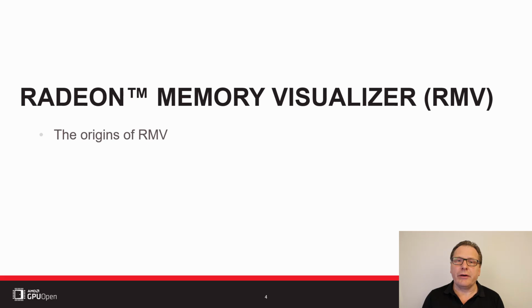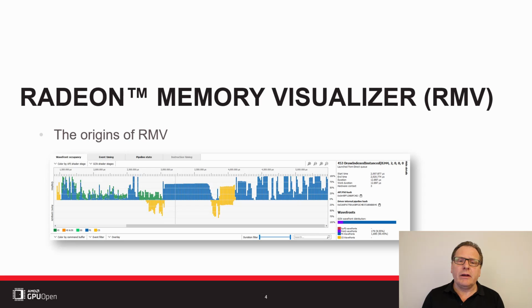With the introduction of DirectX 12 and Vulkan, it has become necessary for developers to understand how their usage of the explicit APIs translates to actual activity on the GPU. This is a basic requirement in order to understand how to optimize for the modern GPU hardware. With the release of the Radeon GPU Profiler back in 2018, it became possible to visualize GPU activity in an actionable way at the API level.